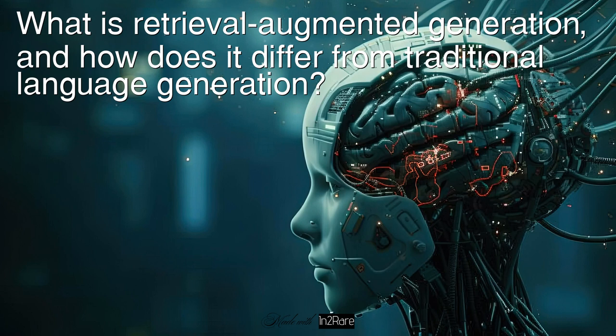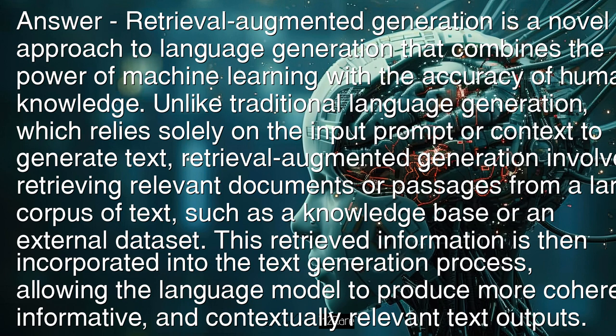What is retrieval-augmented generation, and how does it differ from traditional language generation? Answer: retrieval-augmented generation is a novel approach to language generation that combines the power of machine learning with the accuracy